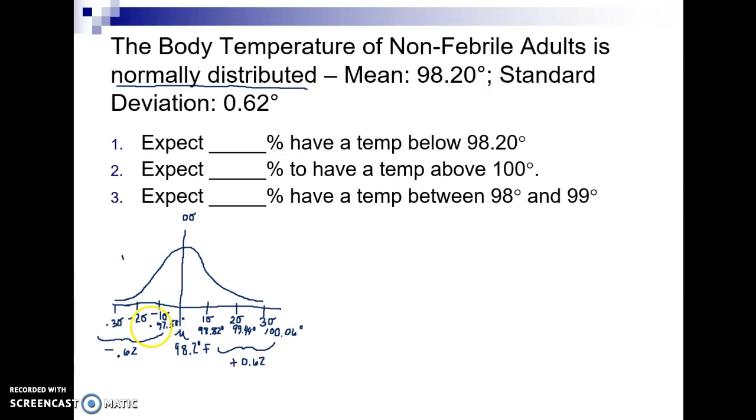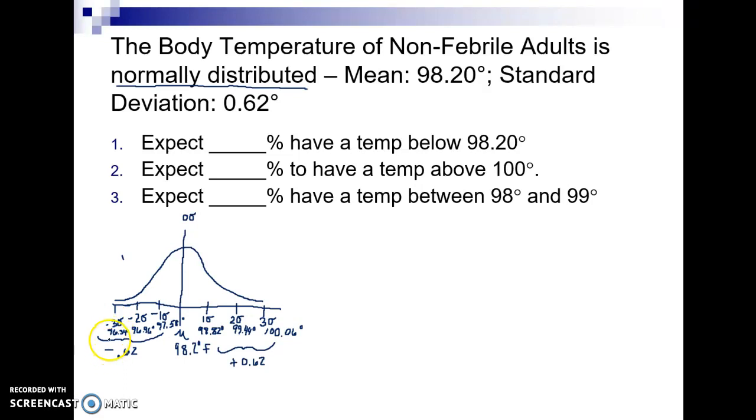And then I'll take that answer and subtract the standard deviation again, so I get a temperature of 96.96. And I subtract one more time, and I get a temperature of 96.34. And so I have the values here in front of me that show that